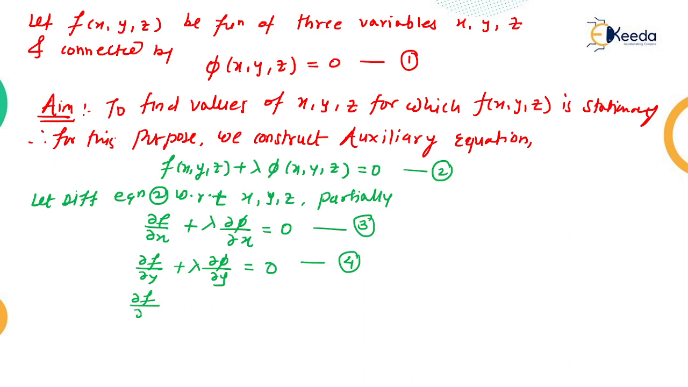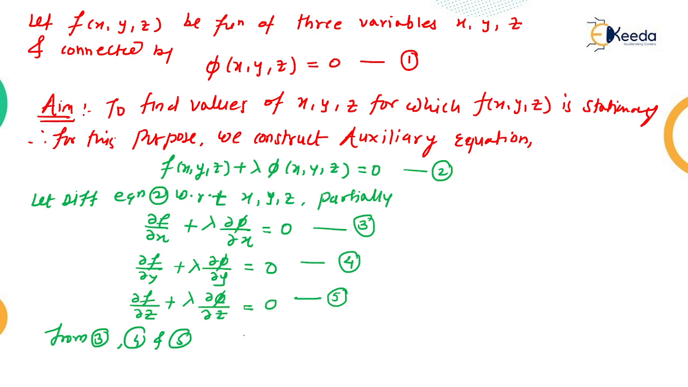is, ∂f/∂z, differentiating with respect to z, plus lambda into ∂φ/∂z, and that is equal to 0. For ready reference we write this as equation number 5. So these are the equations we get after taking the partial derivative of equation 2, this auxiliary equation. So from equations 3, 4 and 5, we have to find the values